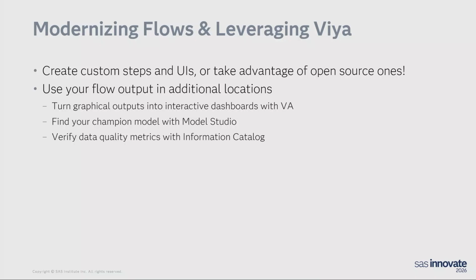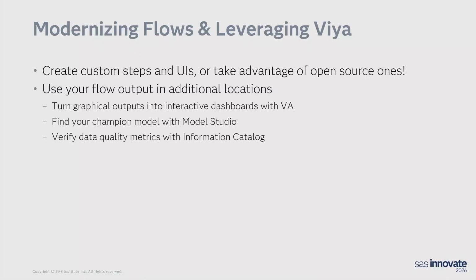Your data is already easily accessible to your CAS server, to go into Visual Analytics, to be used in Intelligent Decisioning, to go into Model Manager, and it all works smoothly in a single environment as opposed to having to do some of it on one server and then go do other things in another area. And so as you're looking at moving towards VIA and taking advantage of all of those opportunities, it's important to start this process so that we don't have the risk of things getting lost if you're doing some things on a local machine and some things in the cloud.